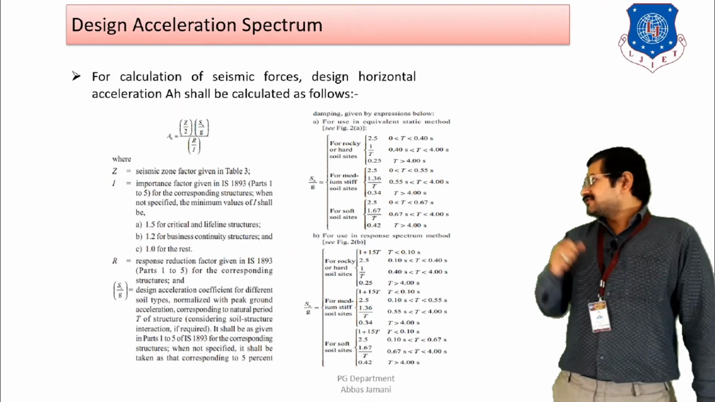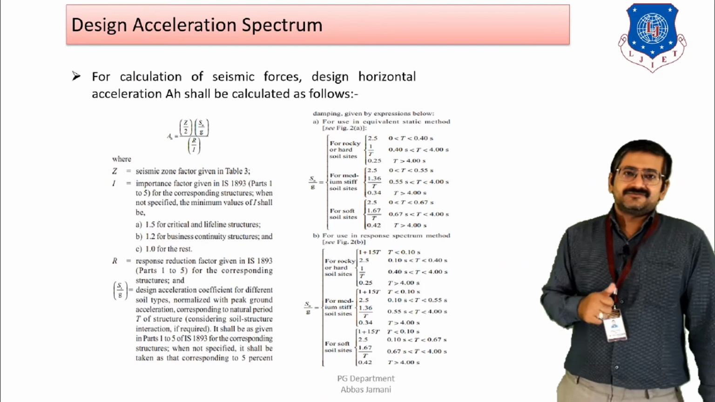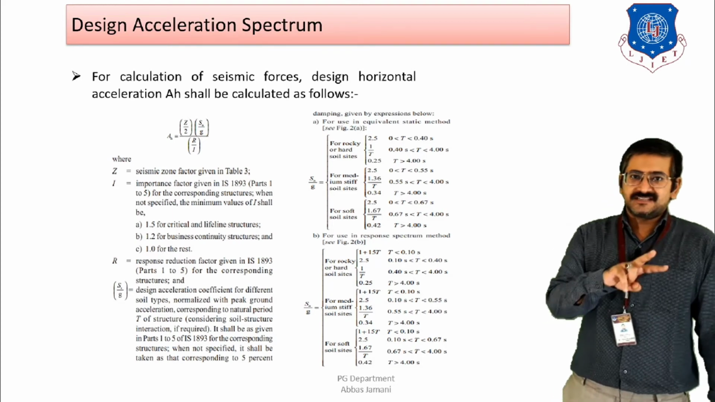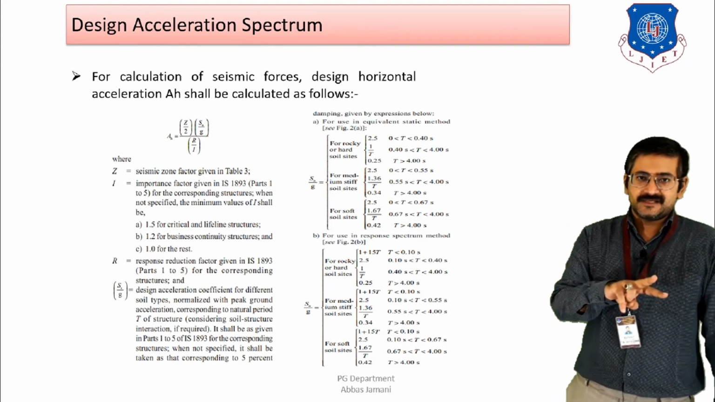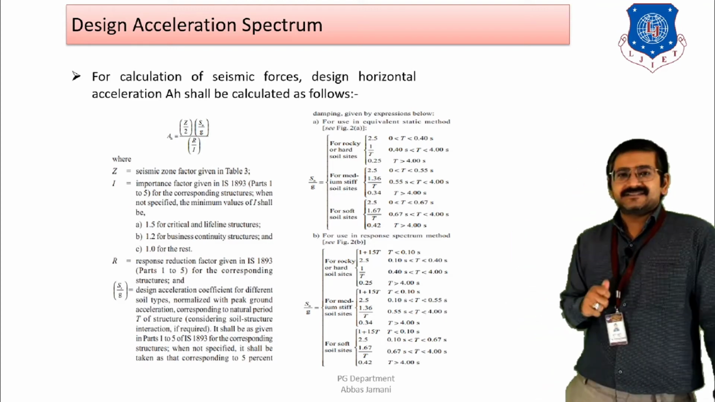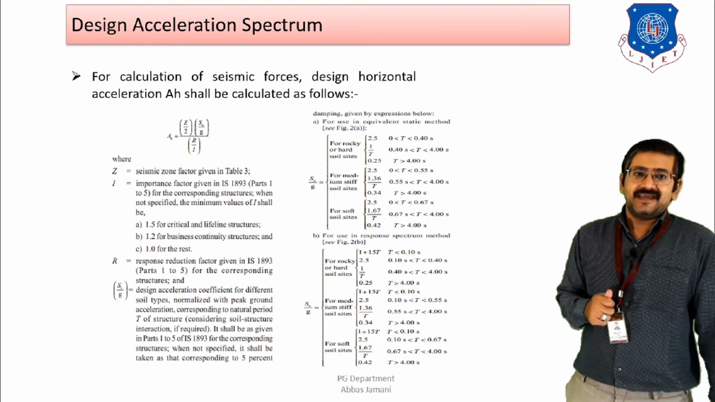Right. Next, we talk about the design acceleration spectrum. So I have mentioned that the design acceleration spectrum is divided into two categories. First is the horizontal spectral acceleration, and second is the vertical spectral acceleration. Right. Here the formula that is given is for the horizontal, that is indicated by AH, and it is